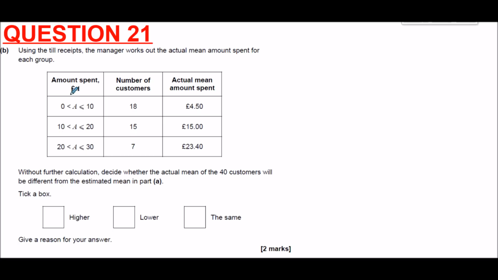Part B, we're actually given the actual mean amount spent for each group. Before, we just had to estimate using the midpoints. If I put back up here to the side what the midpoints we used were,